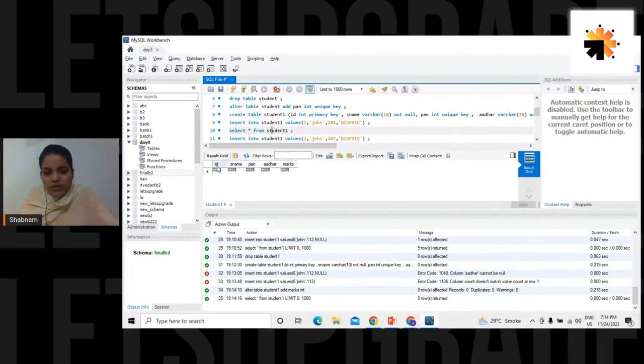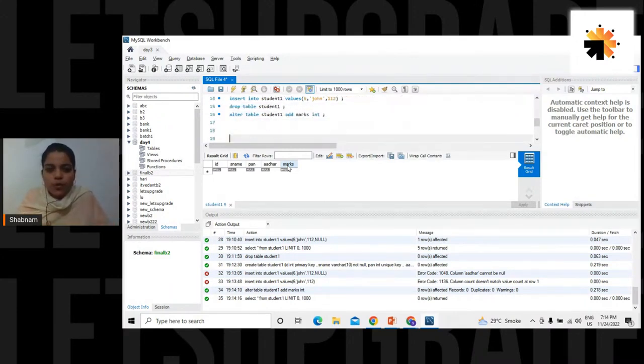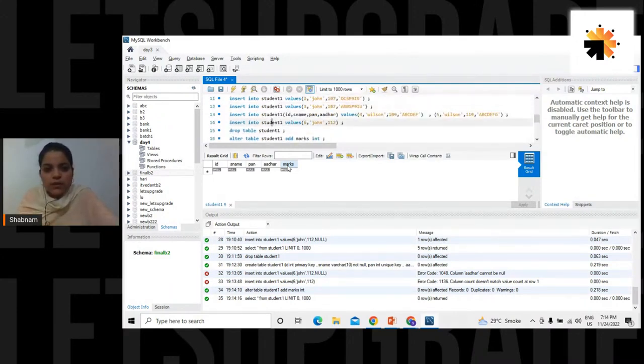So how many values is it accepting? 1, 2, 3, 4, and 5. Now for marks, we never declared any constraint called not null. So ideally it should accept null values, right? Until you say not null, it will keep accepting null. So marks is not null. So what will I do? Let me see like this.